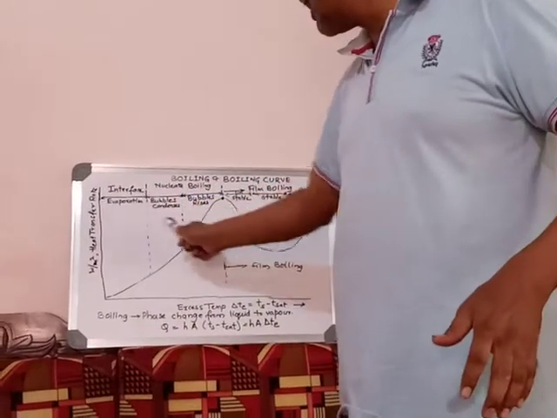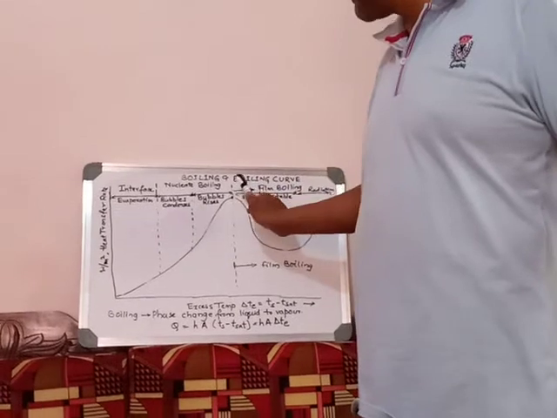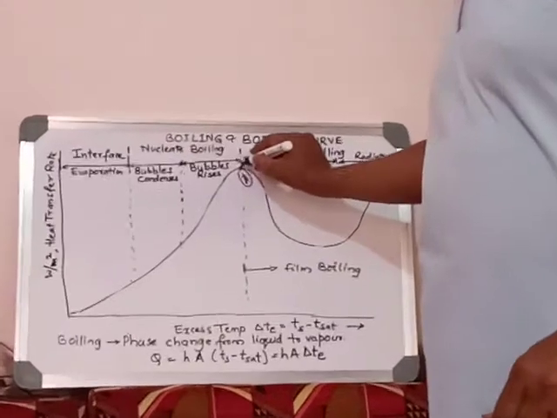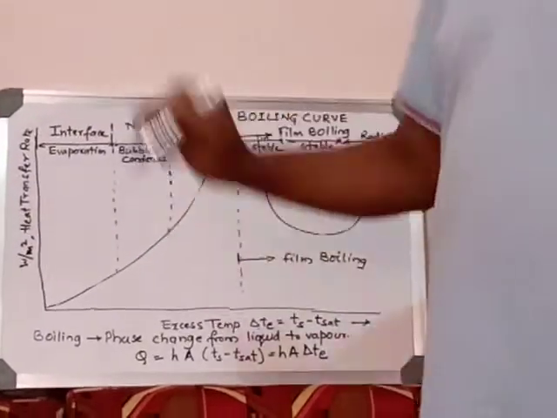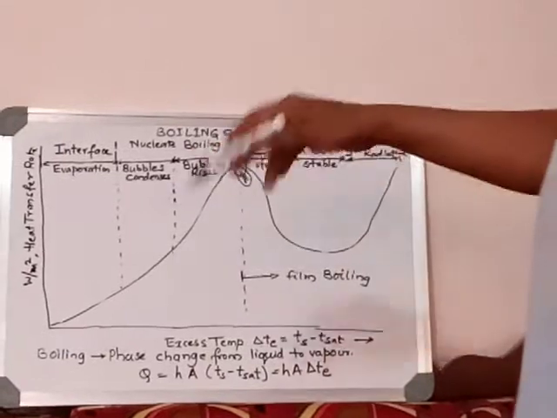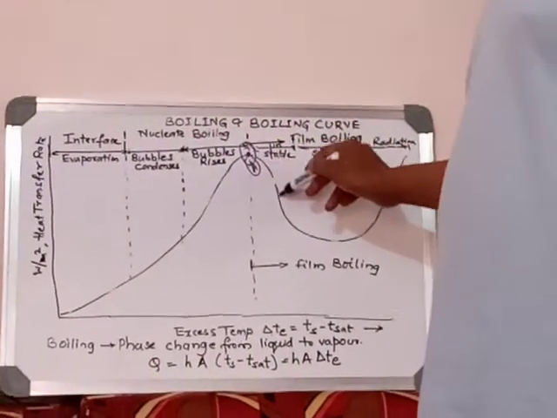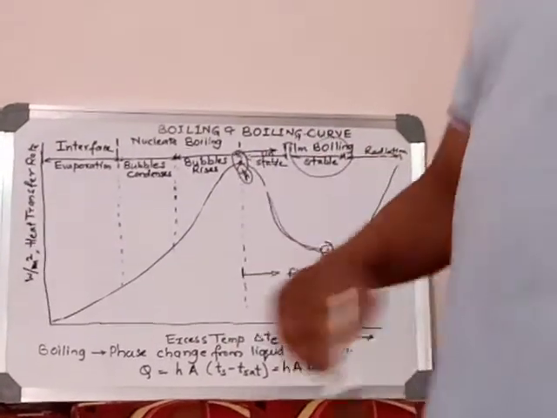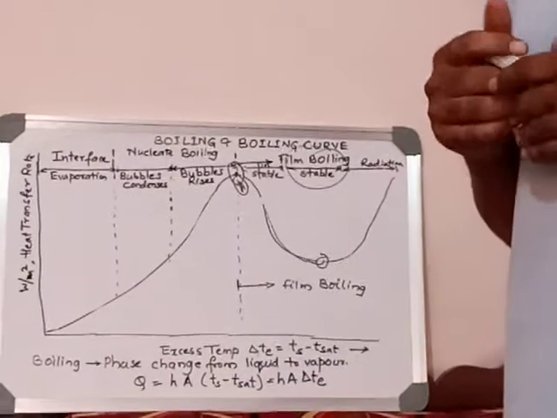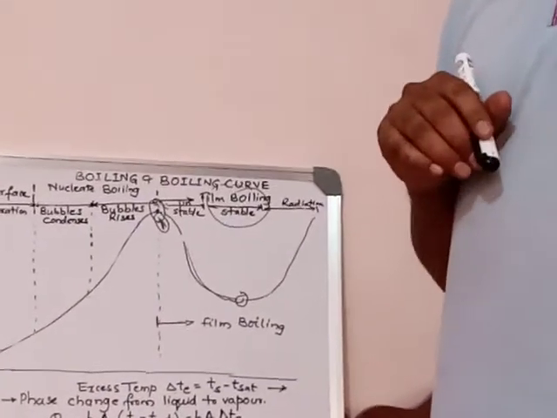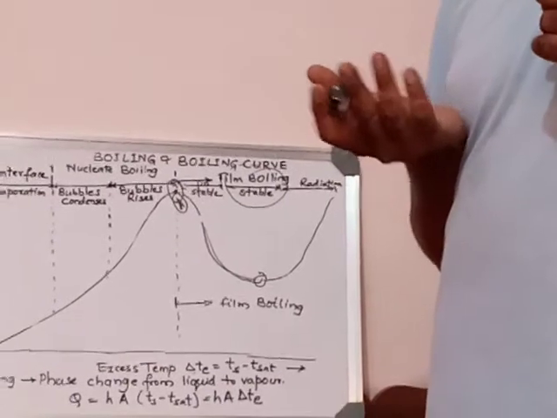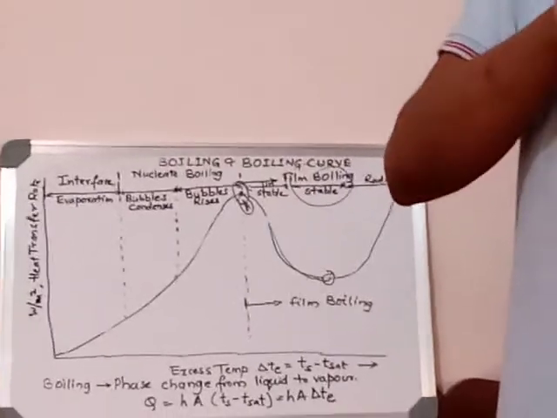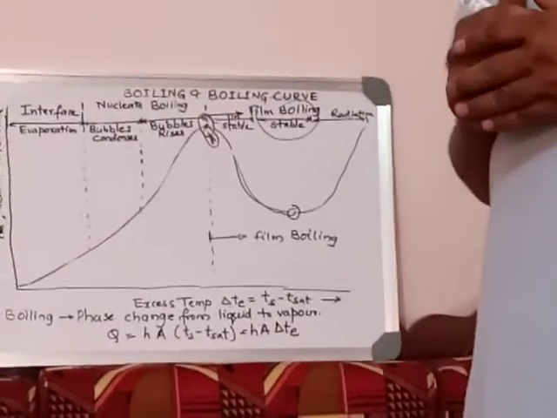This zone is the most economical boiling, but where does that economical boiling end? At this particular point. We can put a mark here. This point is called the end of the economical zone of boiling. After this point it will decline. You can see the heat transfer rate will decline, again coming to the lowest point. The bubbles will form a blanket on the wire, and because of that the heat transfer rate will not be there, because the bubbles will come in between the water and the wire. So this is how we can go for the boiling curve. Thank you.